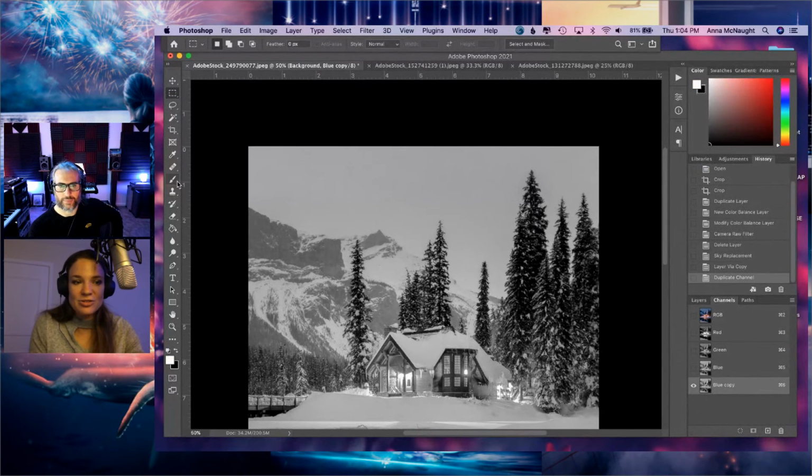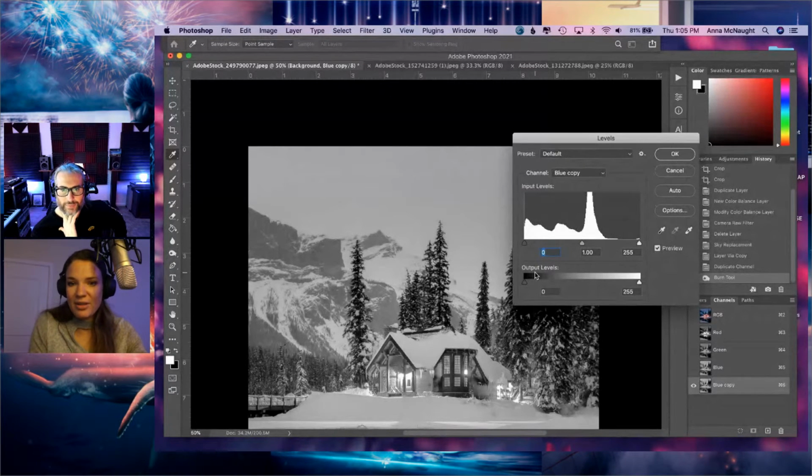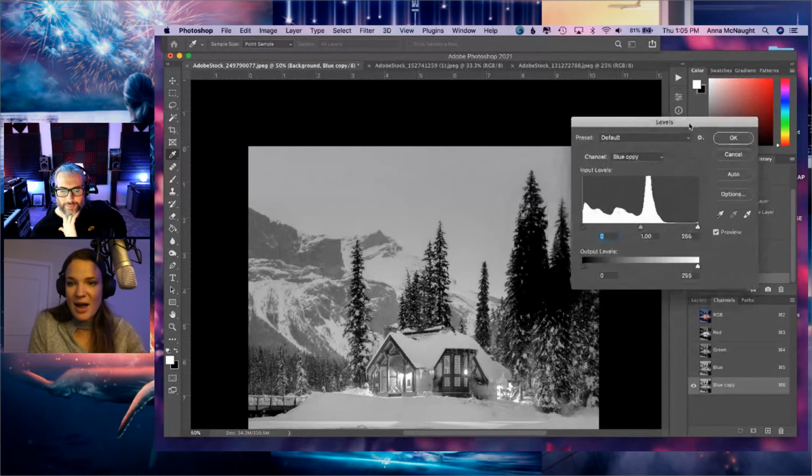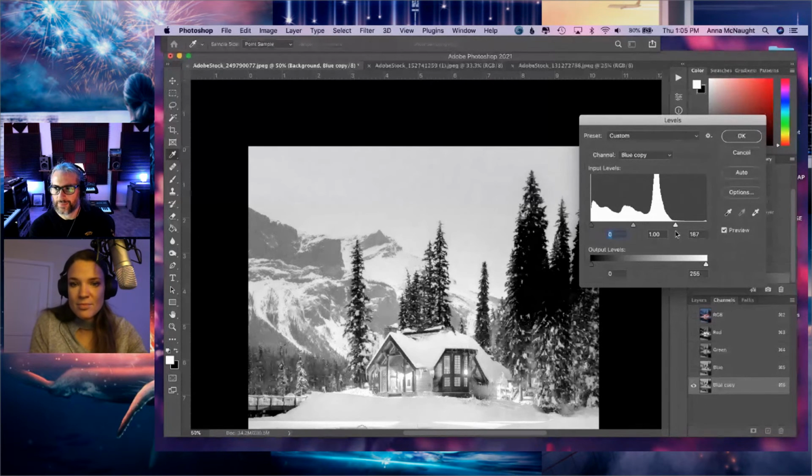And then we're going to come in with, I'm going to start with the burn tool. I'm going to make sure I have shadows and exposure up to 100%. And then I'm just going to start to paint in these trees a little. And actually, first what I'm going to do is go to levels. I just did Command L there and start to actually bring this back a little bit to brighten up those whites and darken the blacks.